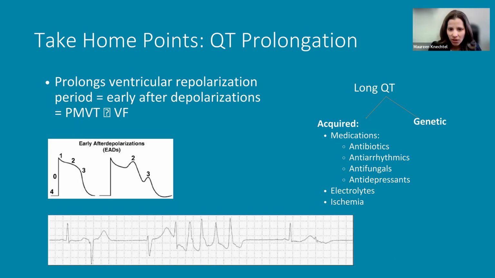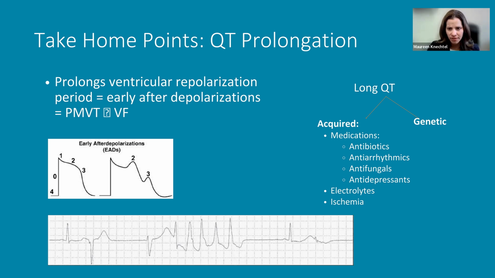So long QT. Of course, we have genetic. Don't forget about that. So this patient, you're also going to ask about family history of sudden cardiac death. Could just be genetic. Acquired, think about these things. If you start combining medications, it's a setup for a prolongation of the QT. Now, not everybody gets that, because what we think the mechanism behind this is, we don't know for sure, but these people have some type of a channelopathy that predisposes them to not tolerate these medications well and have a